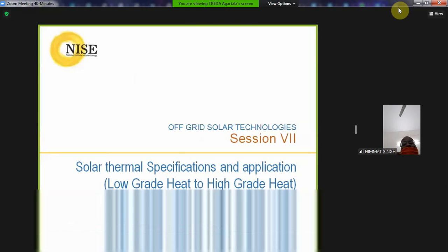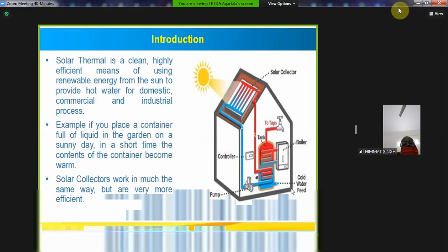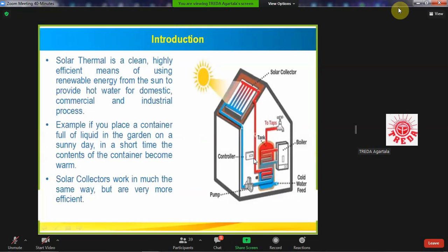In solar power, actually solar power we are using